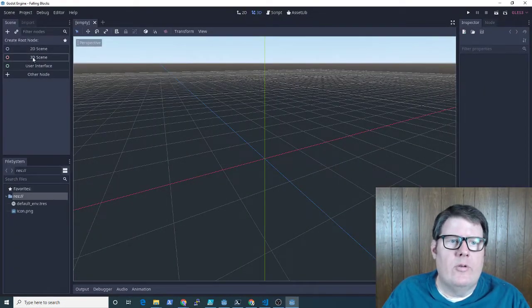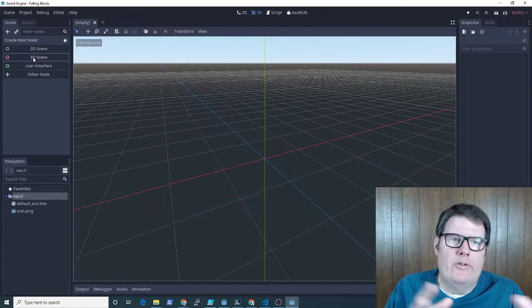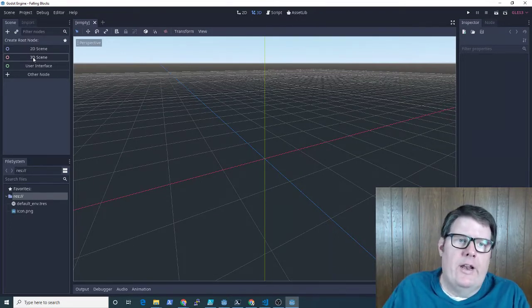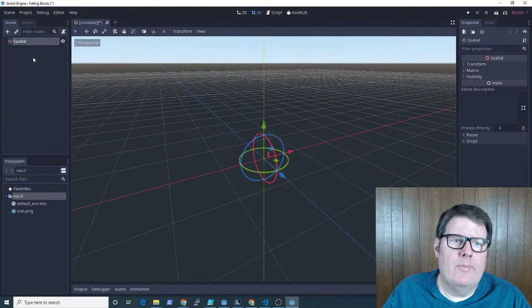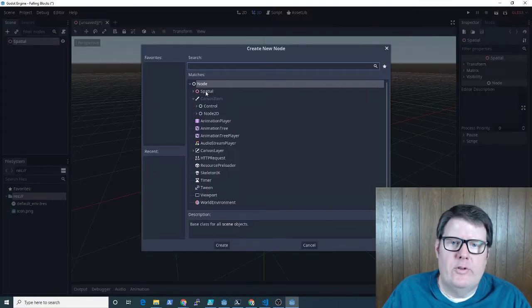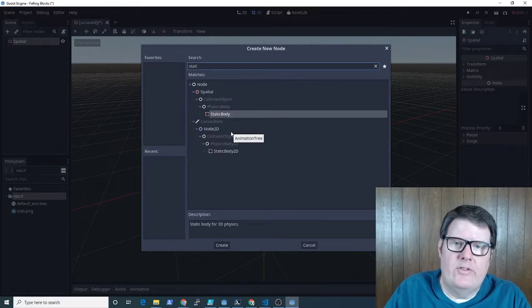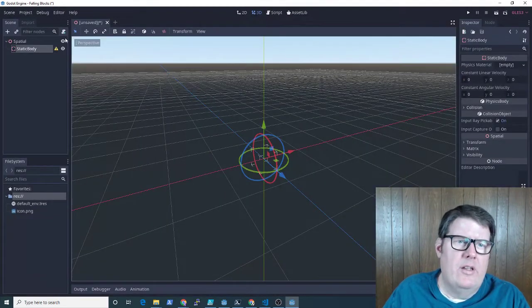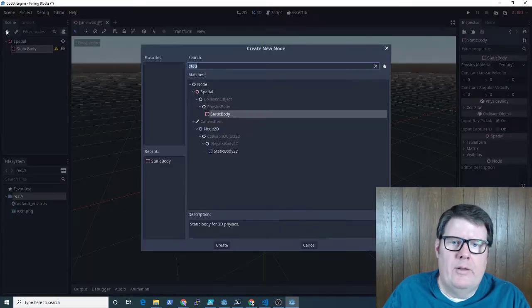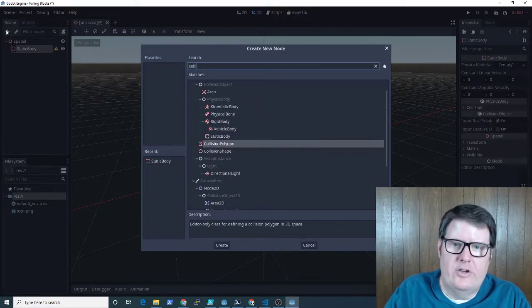All right, so we'll start. He explains all the how-to making the floor and blocks in the first video. I'm gonna kind of breeze through that. And again, the link below is his tutorial. So I'm gonna make a spatial node. We'll add a floor to it. No, wait, sorry, it'll be a static body. The floor is a static body. And then on the static body, we'll add a collision shape